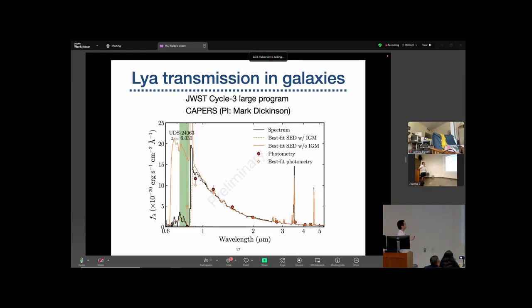With the advent of the JWST, I want to draw your attention to that this technique now can be applied to single galaxies with JWST prism observation. Here is the Lyman alpha break. As you can see, we can see clear transmitted spectrum blueward of Lyman alpha break, and we can even see the edge transition from Lyman alpha absorption to Lyman beta absorption. We can use IGM damping wing modeling to predict its spectrum blueward of Lyman alpha and compare the observed spectrum to this predicted spectrum to estimate the